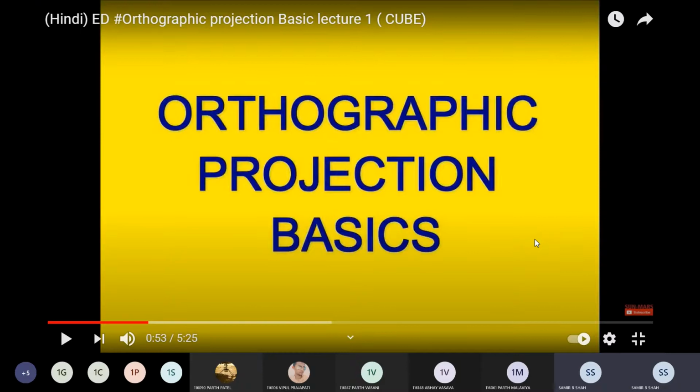Now, in your mind, you may get confused about what is the meaning of front view, top view, or plan, or what kind of views there are. So I will give one example here, as you can see on the screen, which has a yellow color background. I will explain what the meaning of front view is and how it is considered, and in the same way top view and all relevant views.